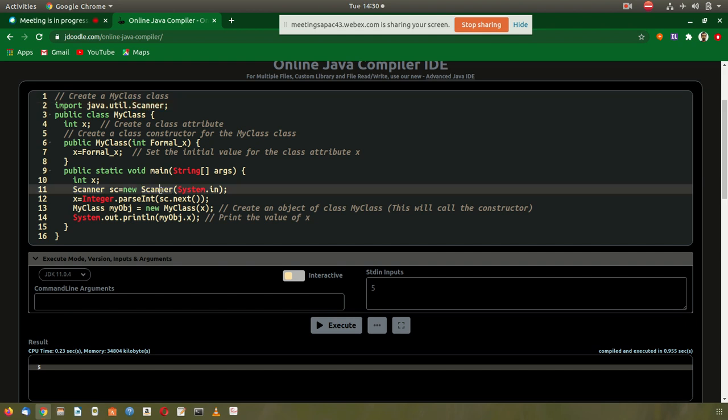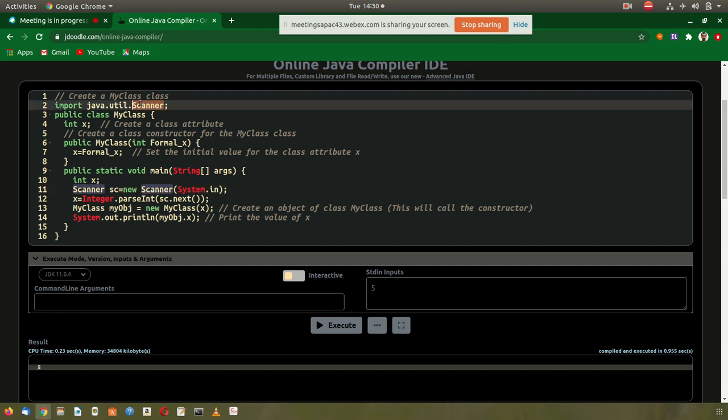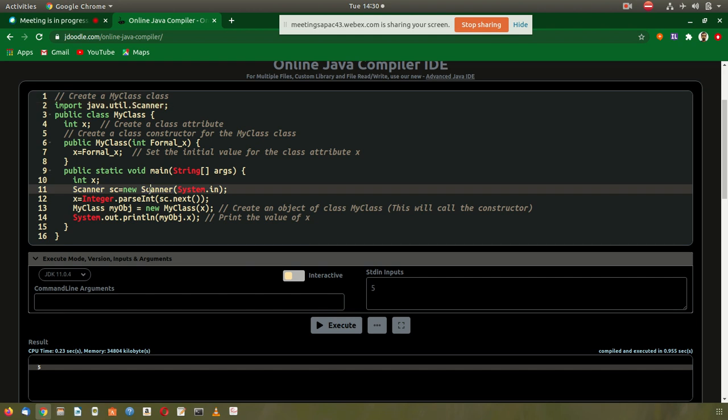We are not going to see what is the content. So Scanner is the class, sc is the object, is equal to new Scanner, this is the constructor. It is a parameterized constructor, the library constructor. It's a Scanner and it has an argument.